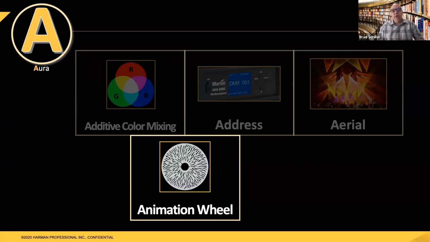Now, animation wheels actually originally started out before moving lights. There were specific projectors made with big animation discs, and they were rather large discs. And again, it was a hard edge type unit, and you could control the thing moving forward and backwards and control the different speed of that animation disc. Most of those have gone away because now moving lights have animation wheels.